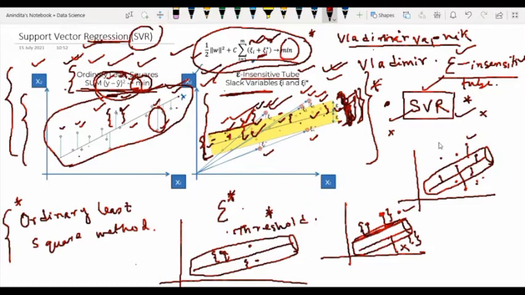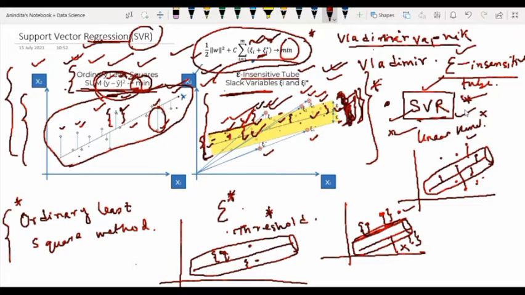Whenever we are talking about linear support vector regression, it provides a faster implementation than normal support vector regression, but it only considers a linear kernel. Whenever we are talking about support vector machines, whether for classification or regression, the kernel concept will be there. So what is the definition of linear support vector regression? The support vector regression mechanism which uses a linear kernel is known as linear support vector regression, and it always provides a faster implementation than other models.